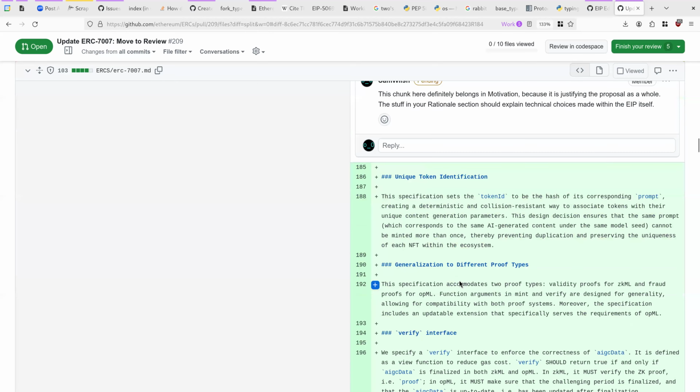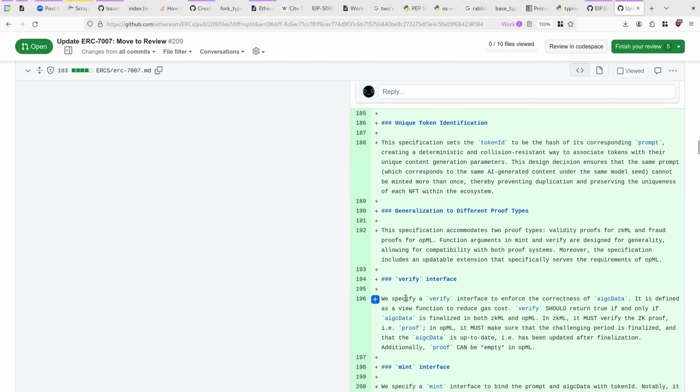Okay. Specifications of construction ID. Good. Yep, that makes sense. The specification accommodates 2 proof types, for proofs, function documents, submit to verify for general. Okay, so